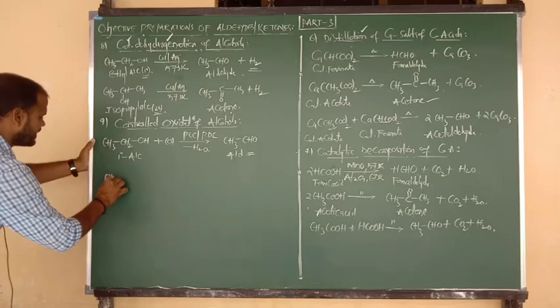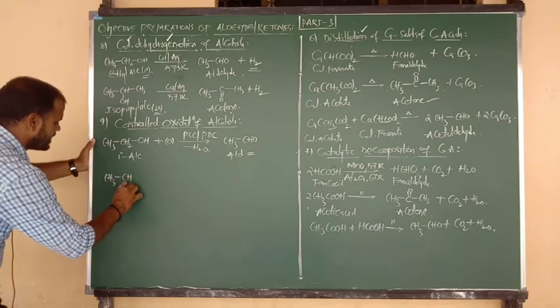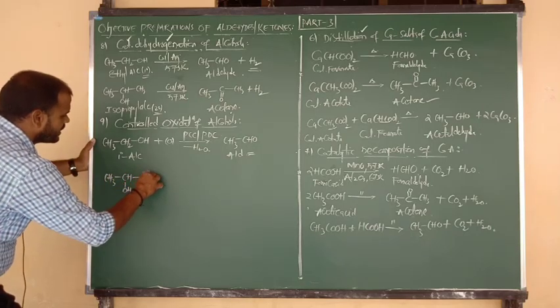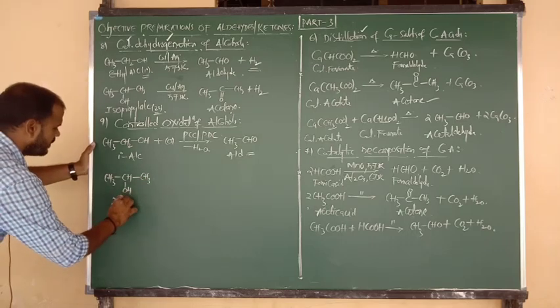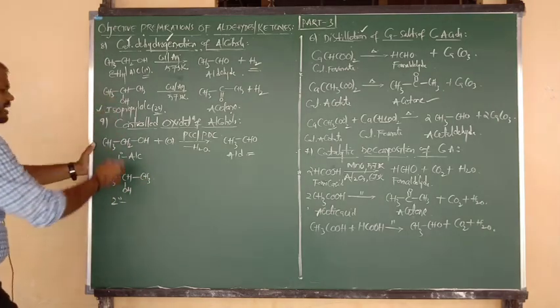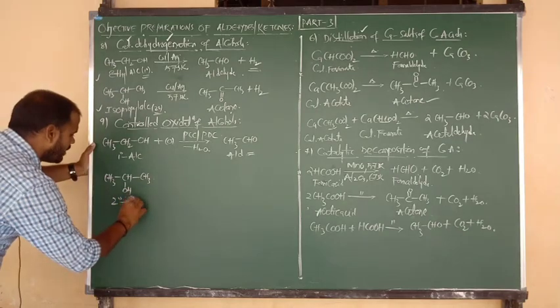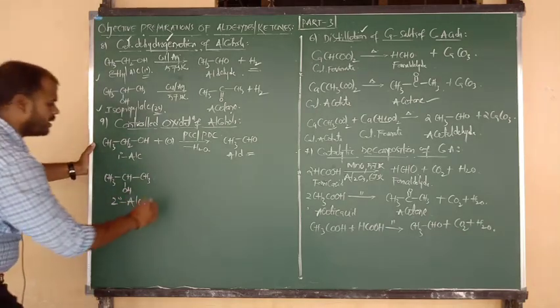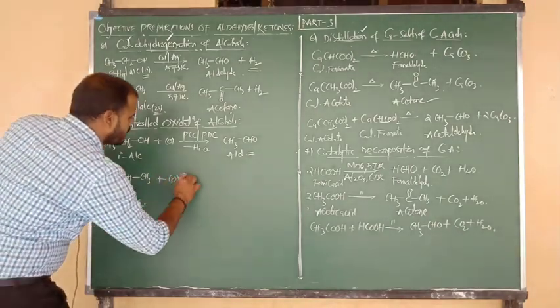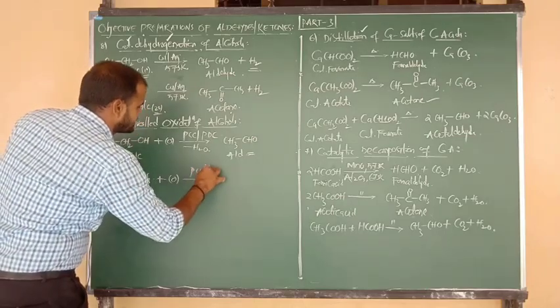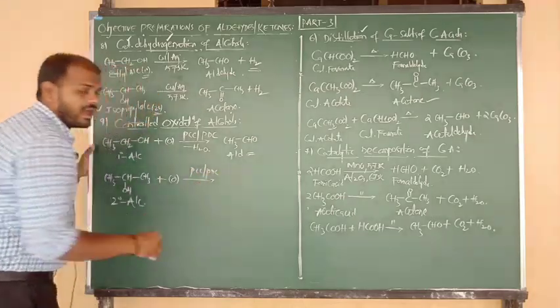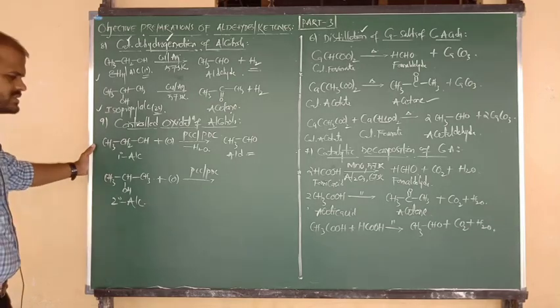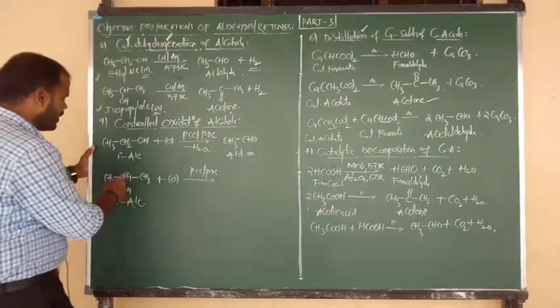Let me consider a secondary example. CH3 bonded to CH, with OH below the plane, again connected to CH3. This is isopropyl alcohol, same as above, a secondary alcohol. Secondary alcohol upon oxidation using the same reagents, either PCC or PDC, and CrO3 is also suitable, we can use for converting secondary alcohol to ketone.